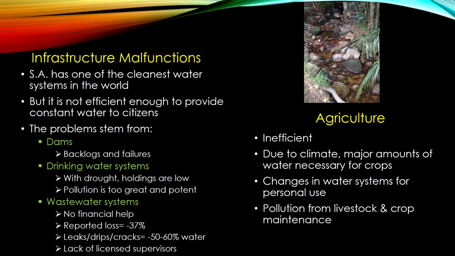For example, the Vaal River, which is one of the major transport rivers in South Africa, has such a high fecal pollution amount that in certain areas it is advised not to touch, not to consume or anything like that because it can actually cause open wounds to occur on your body. Wastewater systems are the biggest issue in South Africa. Out of 824 plants in South Africa overall, half of them are in critical condition.